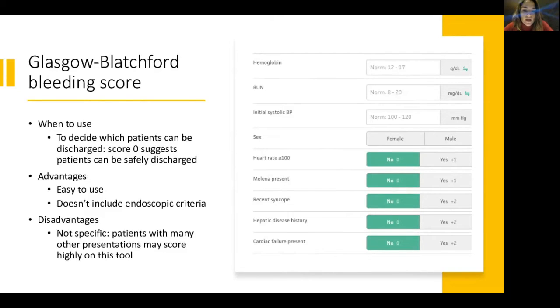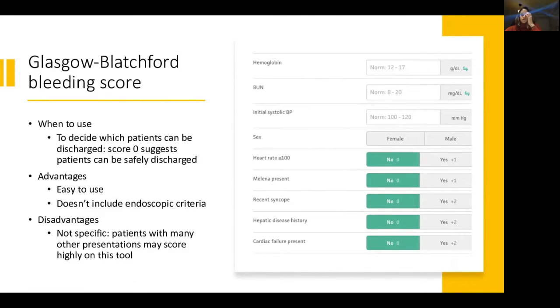For example, you get a point just from having a heart rate over 100. You can get a heart rate over 100 for a multitude of reasons. So it's not specific, but it's very sensitive in that it will pick up patients who are even a little bit concerning for